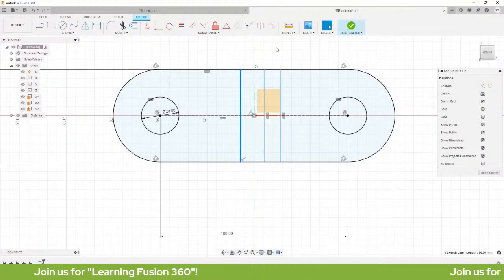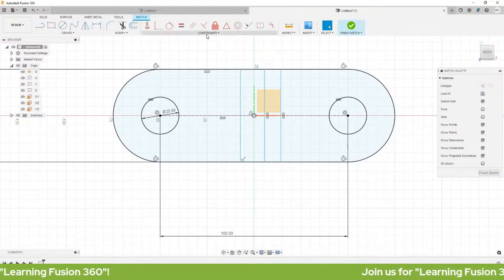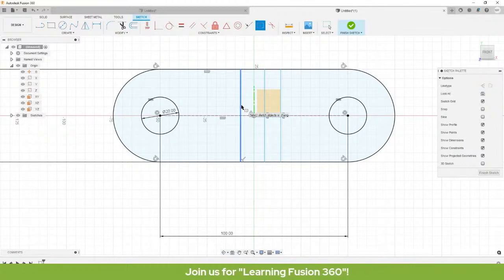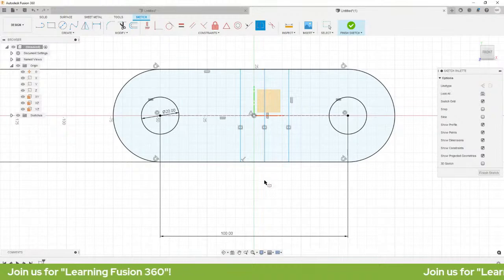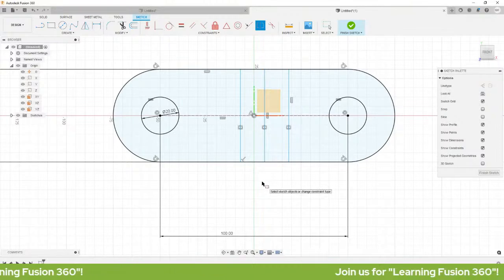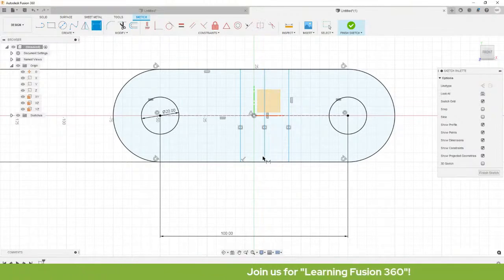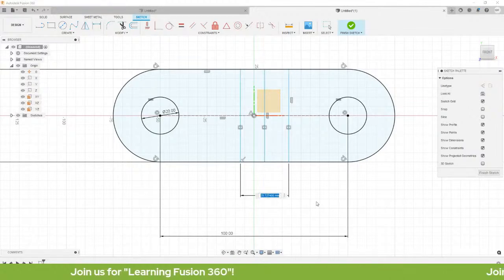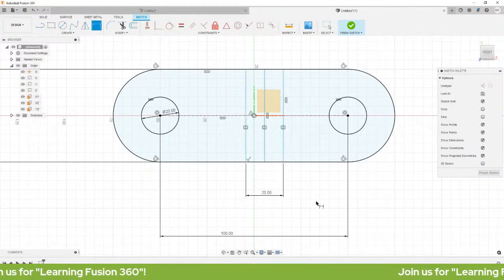Okay, so gawin natin siyang symmetric. Head over to constraints and select a symmetry. Selecting this line, and this line. Okay? So, ang distance niya is 20. So, press D. Select lang ulit itong line na to and this line, and key in 20.